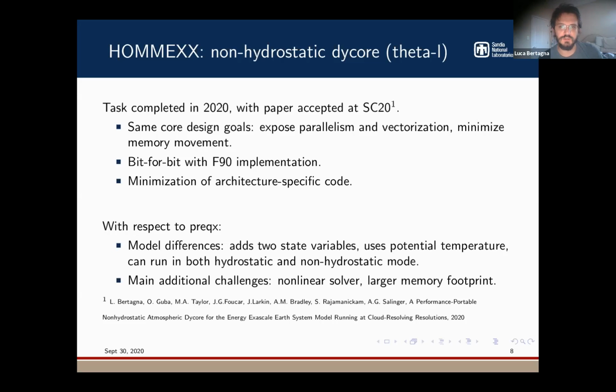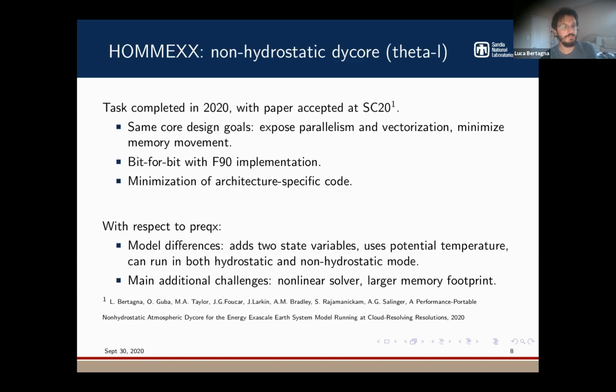because that's the best way to exploit your architecture in terms of energy. And the third thing is, of course, to minimize memory movement. Moving memory is expensive. The other two bullets are similar to the previous effort. We minimize architecture-specific code, and we obtain bit-for-bit agreement with the original implementation, again in debug mode. We had to take care of a few things, like, for instance, serialized reductions in order to get bit-for-bit